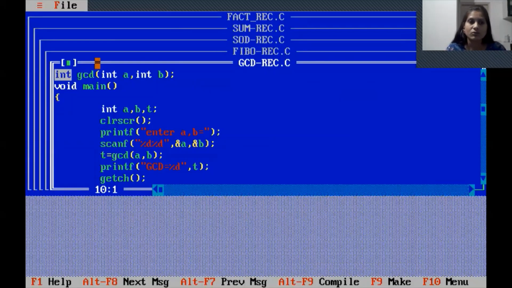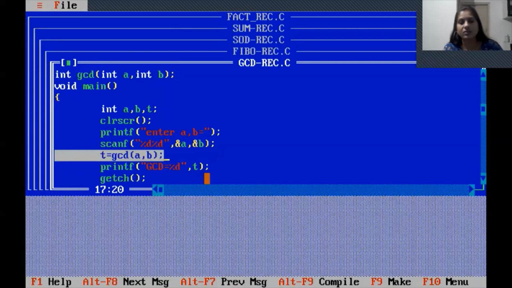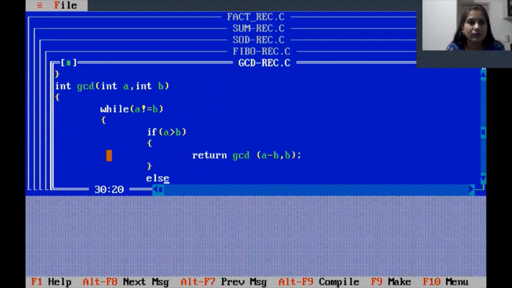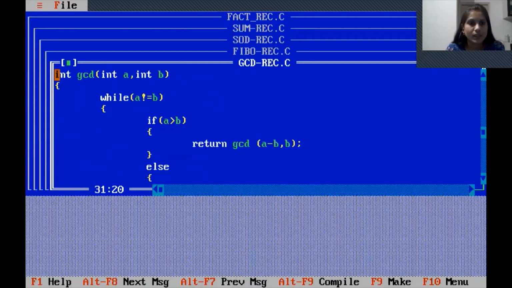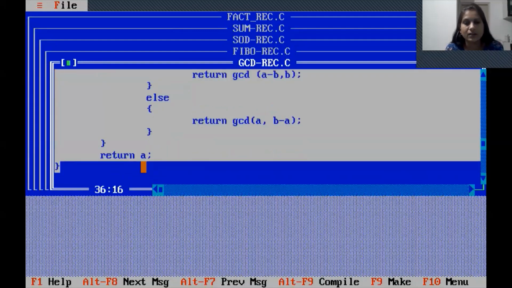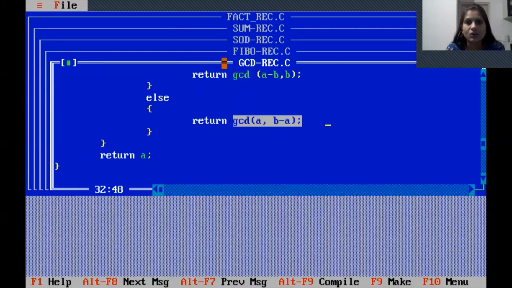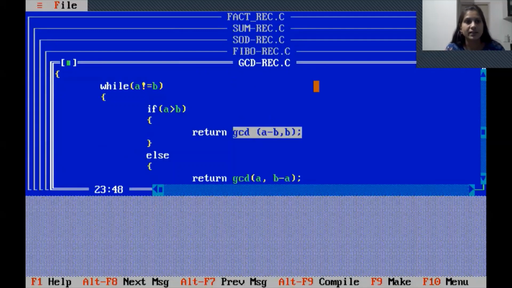Again we are using the fourth category, with argument with return. Here we are calling the function GCD with two arguments a and b, and the answer is stored in a variable t. Now what is the logic for GCD? If you remember, here we are using the recursion method, that is, inside the GCD function we call the same function GCD.